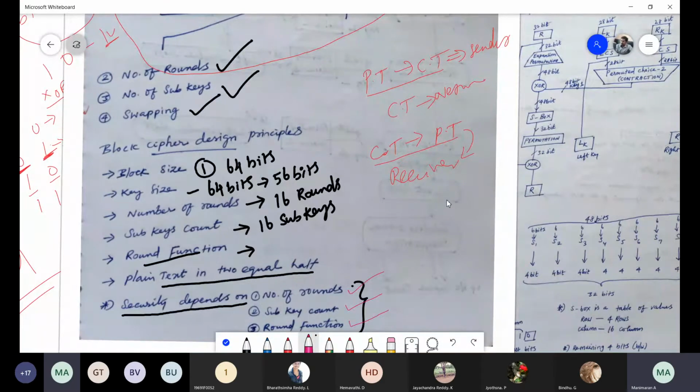Okay, next, move to the next page. Writing all these things would take a lot of time, that is why I am using handwritten notes. But anyway, I will give clear information here. No need to worry.